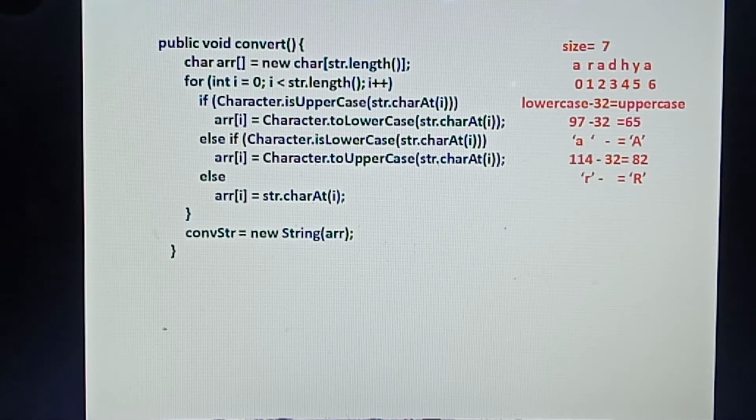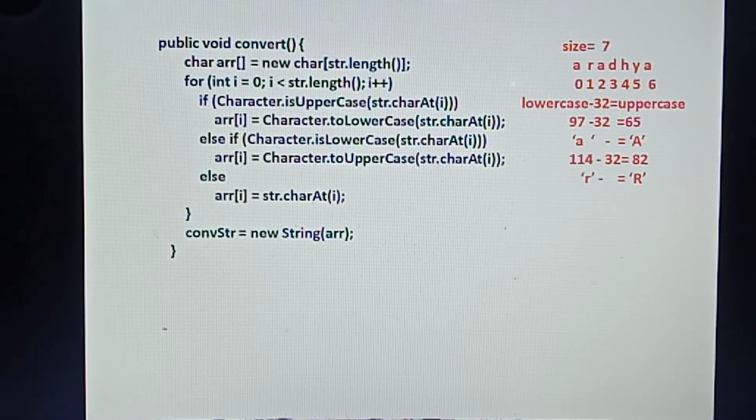Now here you have to convert the string. So we have taken a char array equal to new char[str.length()]. Then you take one loop: int i equal to 0; i less than str.length(); i plus plus.